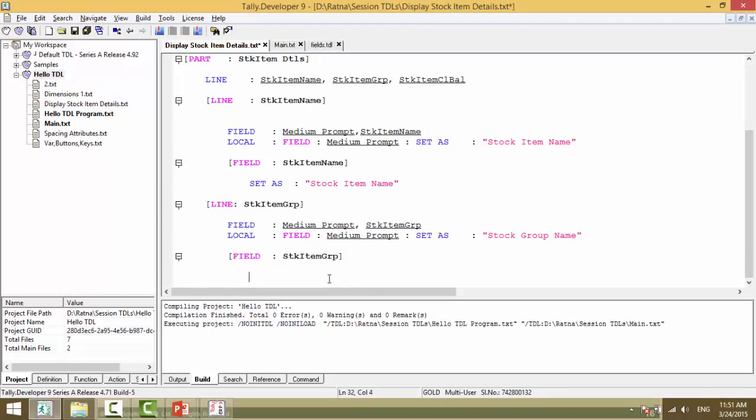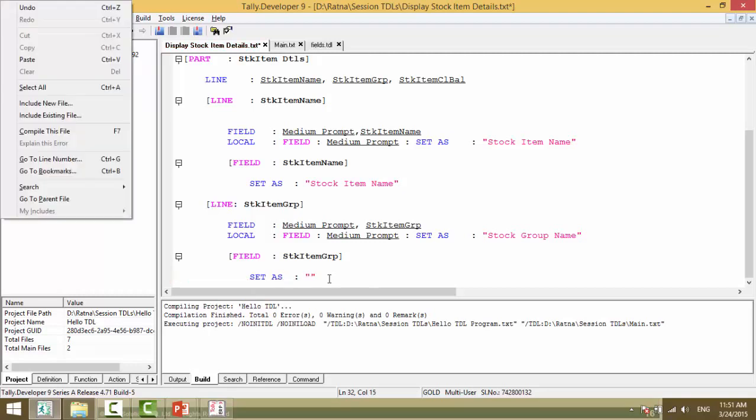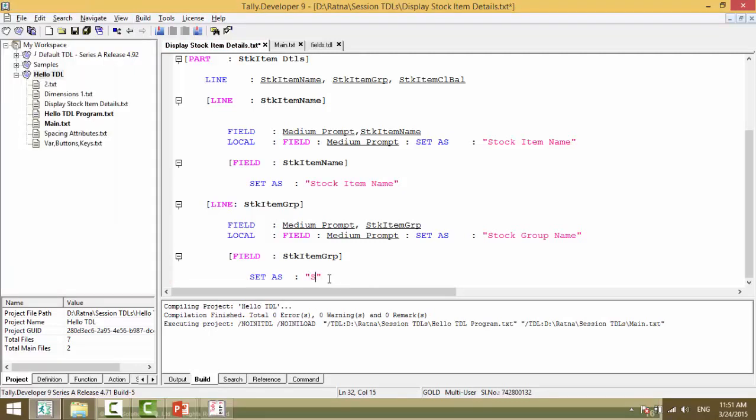Again we give a set as, and right now we'll just hard code the value here also, stock group name,